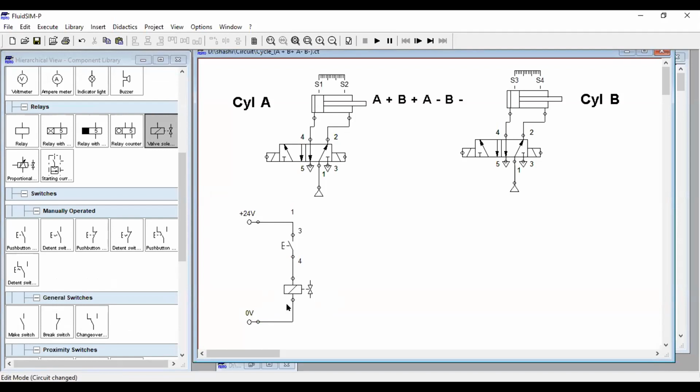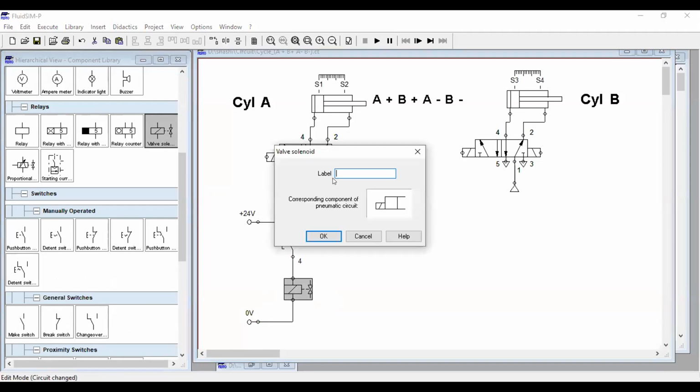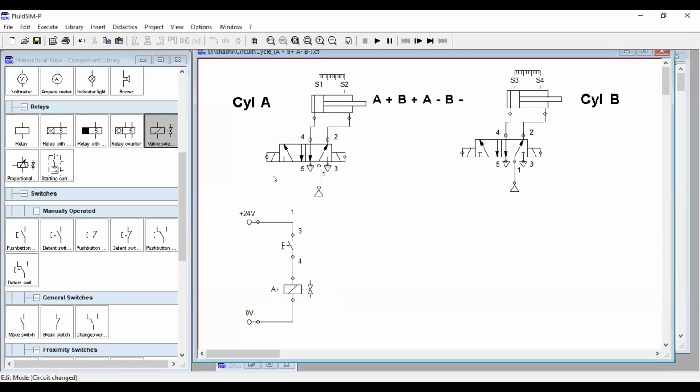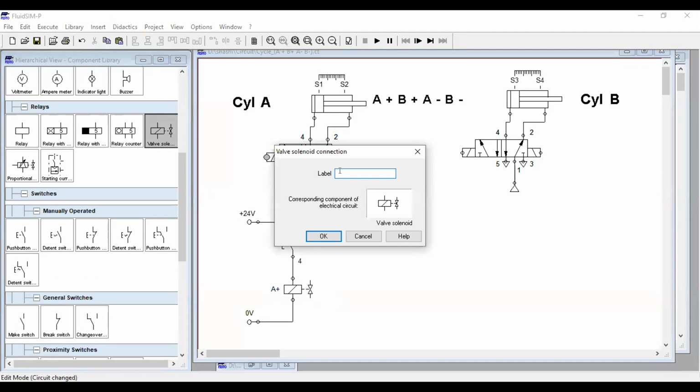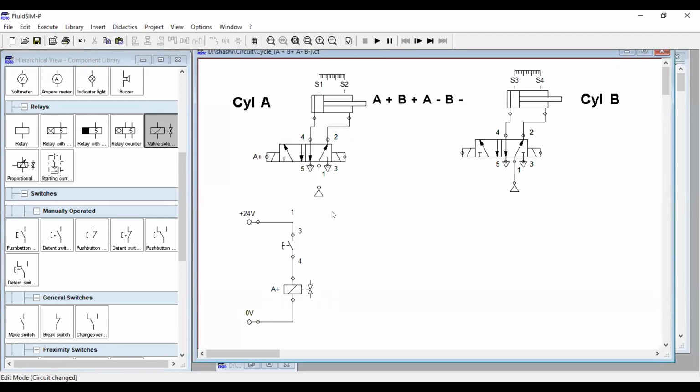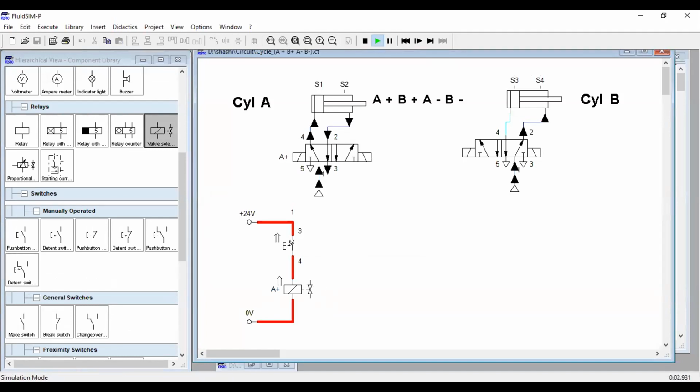Now I will name this solenoid as A plus, and similarly label this solenoid as A plus by double clicking on that symbol. Now if you start to play, in this case, if you push this button, you will find A plus directly.